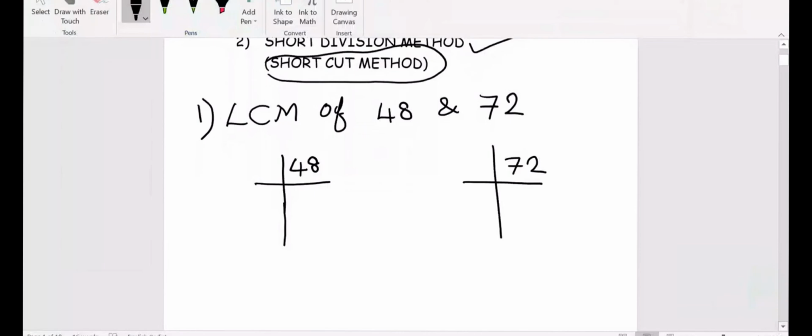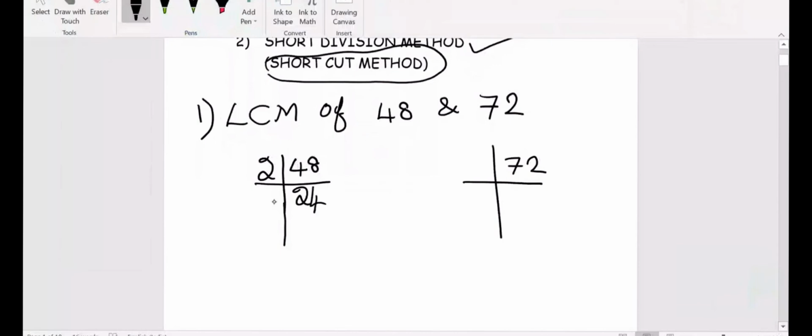Now first we'll concentrate on the first number. This is an even number, so we'll start the division with 2. We cannot directly jump into the big values. Start with 2 or 3, then 5, like that, depending on which number it is completely divisible by. I'm starting with 2 here. How many 2's are there in 4? 2 times. How many 2's are there in 8? 4 times.